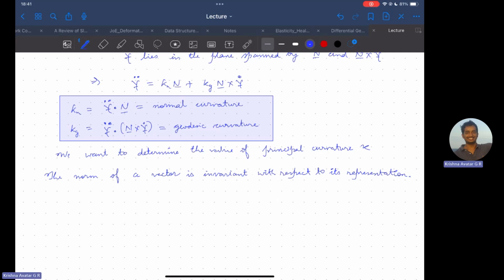So what I mean to say is that we have gamma double dot from Fresnel's equation as kappa n n vector plus kappa g n cross gamma dot vector. So let's take its inner product with itself. It's gamma double dot